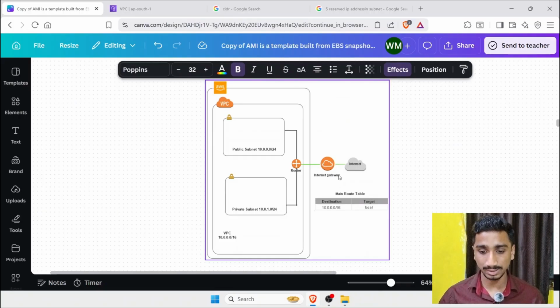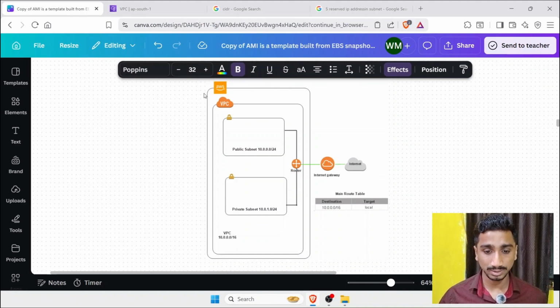So this is basically how things work. Like here is your internet, here is your internet gateway, here is router, here is public subnet, private subnet connected inside the VPC, and here is your whole AWS. So